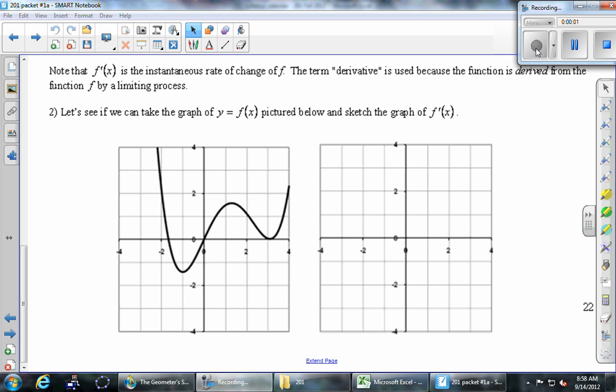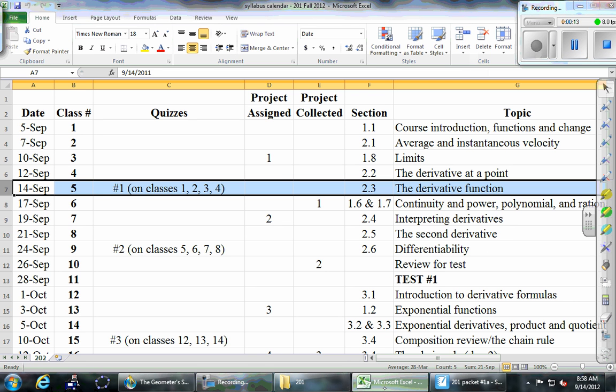Good morning. We're going to go ahead and get started. We'll give folks who are still working on the quiz another minute or two to finish up. But if you've already finished, you can open to page 22 in the packet. And while we're doing that, we'll just take a quick look at the calendar.